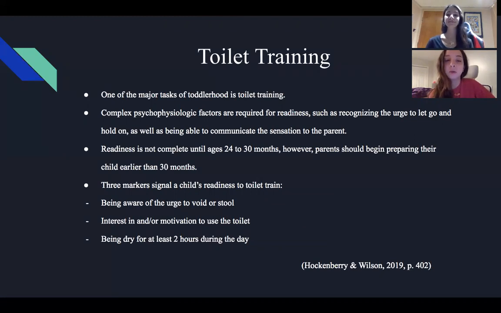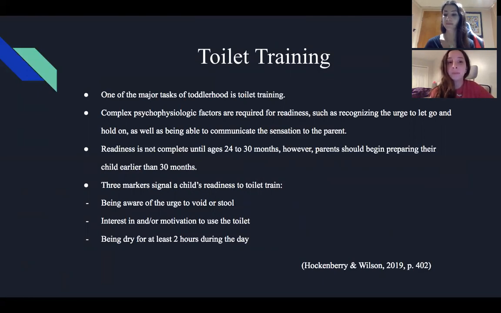So moving on to toilet training. One of the major tasks of toddlerhood is toilet training. Between the ages of 18 to 24 months, voluntary control of the anal and urethral sphincters is achieved sometime after the child starts walking. However, in order to be ready for toilet training, the child must have